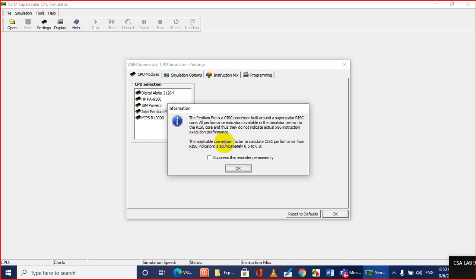The applicable conversion factor to calculate x86 performance from the RISC indicator is approximately 0.5 to 0.8. So keep in mind, if you multiply the performance that you are getting from the simulator by a value between 0.5 and 0.8, you will get the actual figure.